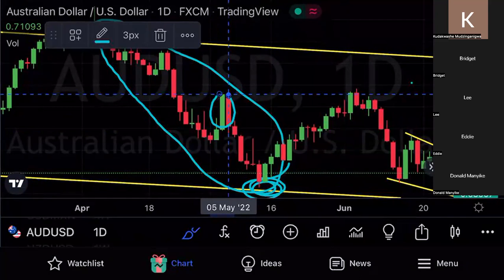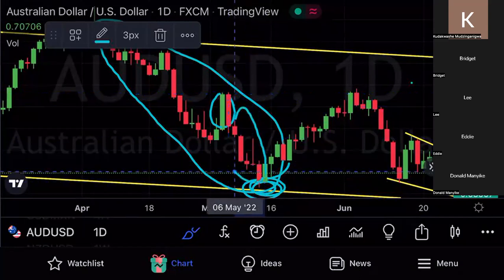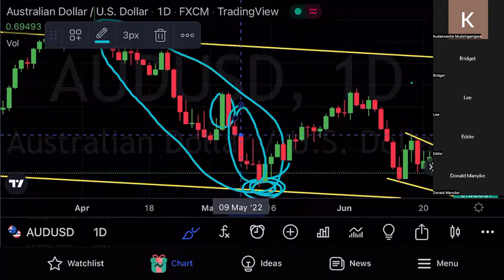If I'm focusing on a green candle, the order block needs to have at least 3 big candles before it. Like this one, how many candles are we having? We are having about 1, 2, 3, 4, 5, 6 candles. Then we have our green candle there. So to me, those types of order blocks are powerful order blocks.